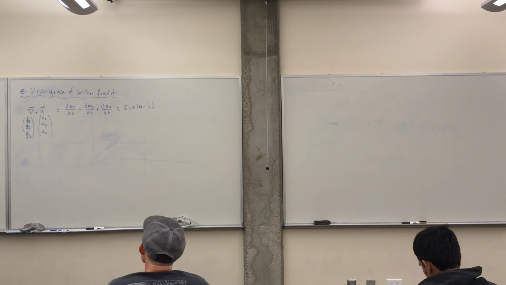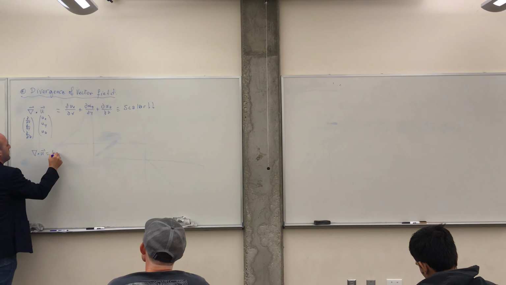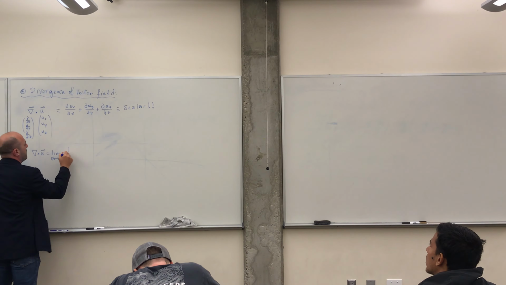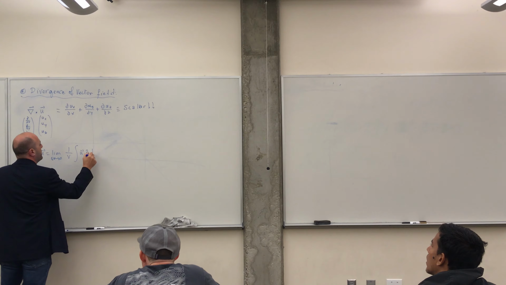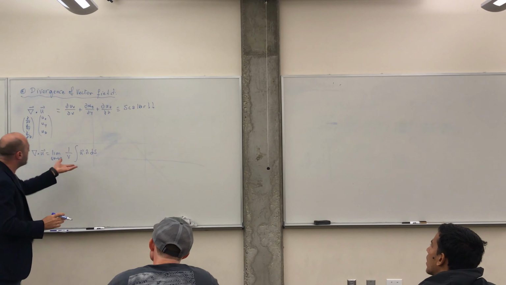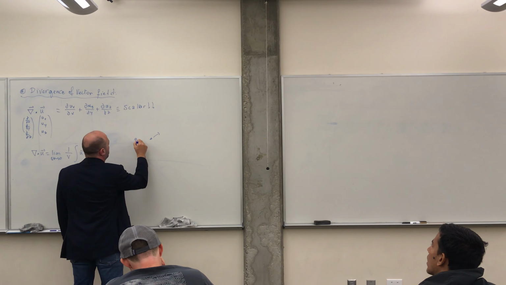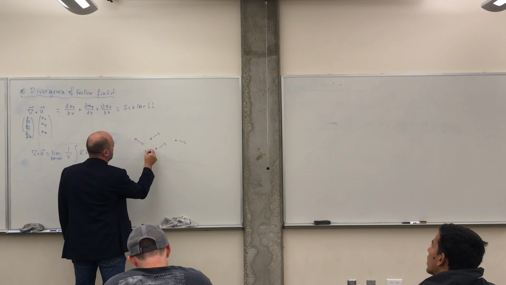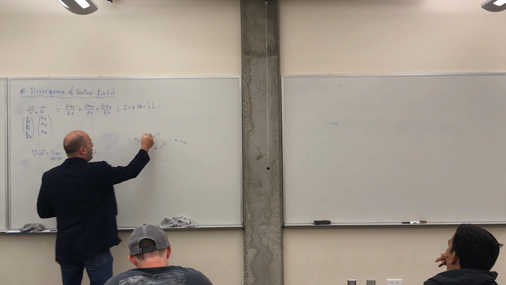Okay, that's a scalar. Now, technically, the definition of the divergence is the limit as the volume V approaches 0 of 1 over V of the flux integral over a surface of a fluid. Okay, so what does that mean? If you have particles flowing in a fluid and they're following different trajectories, just randomly drawing this, and you take a volume over here,